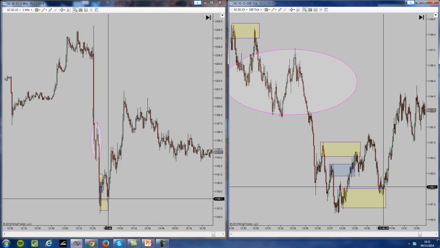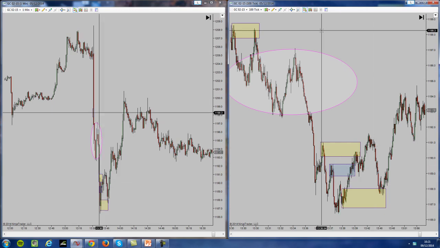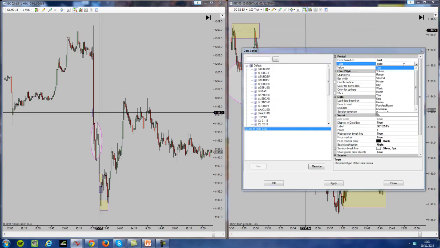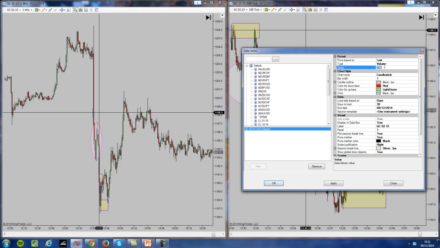So anyway, that's the tick chart. It acts like a magnifying glass on the price action. We can also look at volume charts. So if I change this to a volume chart and I make it 100,